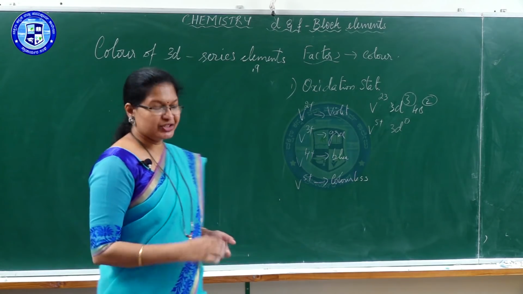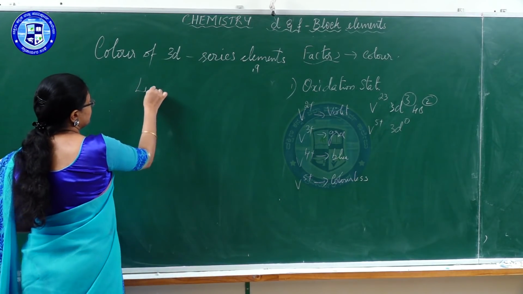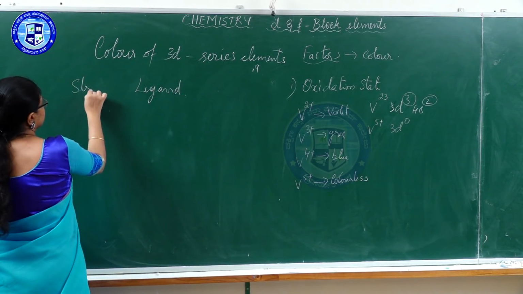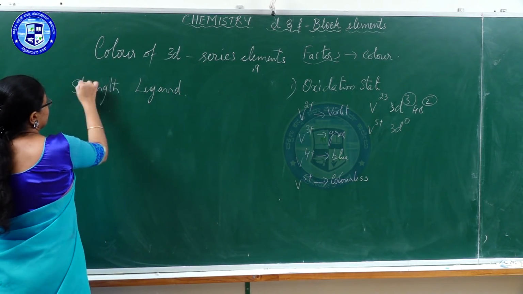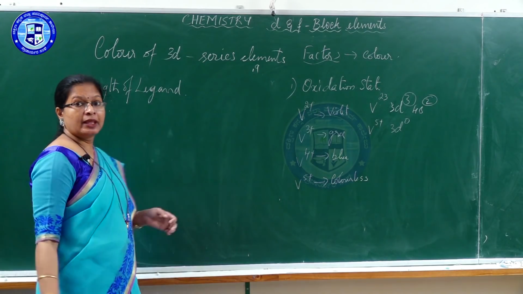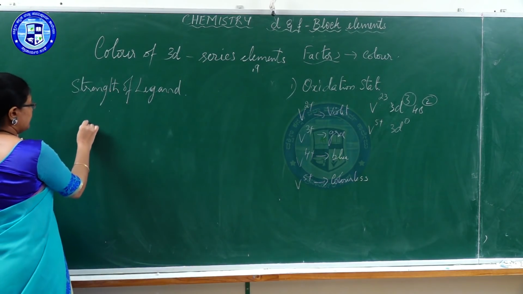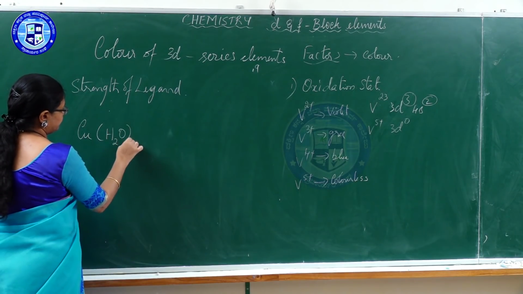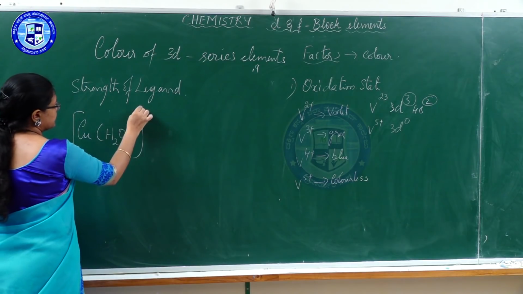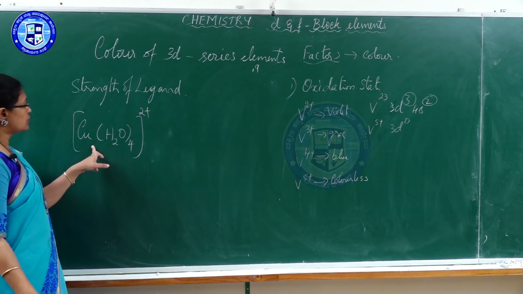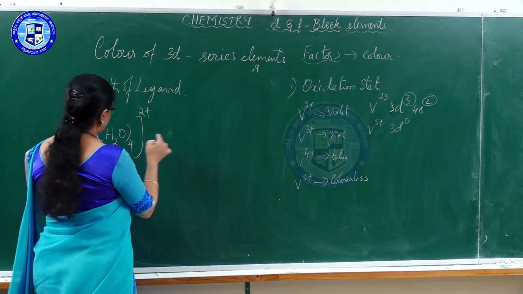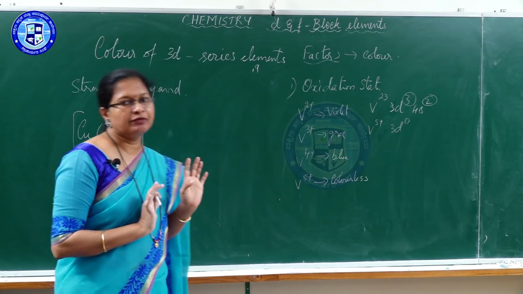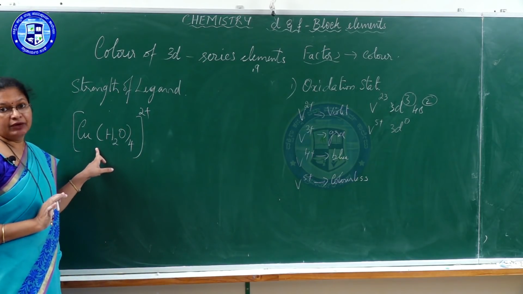Again, it is from the coordination compound chapter, that is the strength of the ligand. In the sense, I have given one example of copper. I'll take 2 examples of copper solution. This is copper in water. How do you get copper in water? This is copper sulfate put into water. It forms an aqua complex. It is a copper sulfate aqua complex.